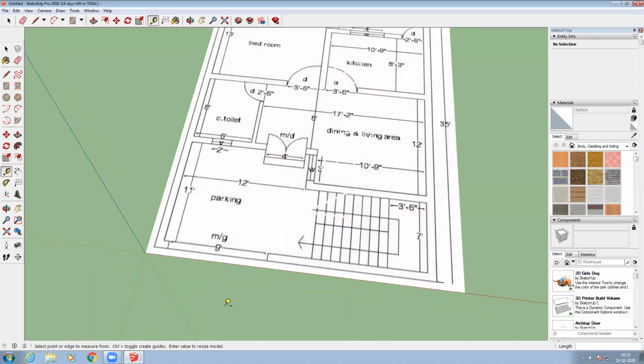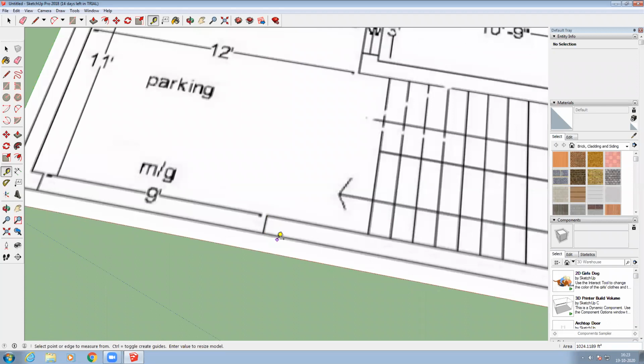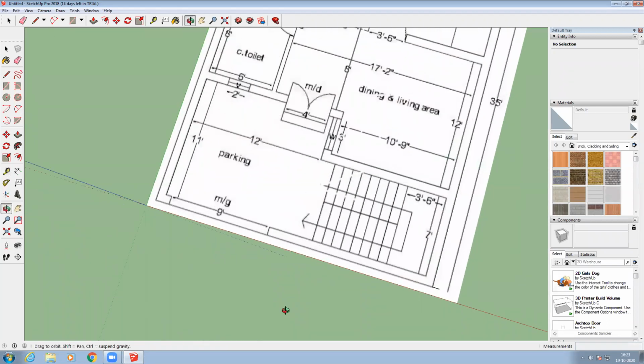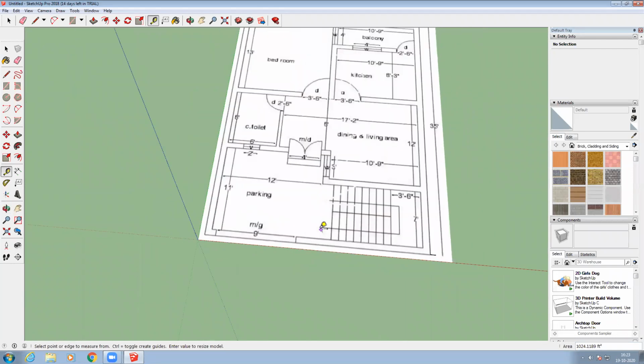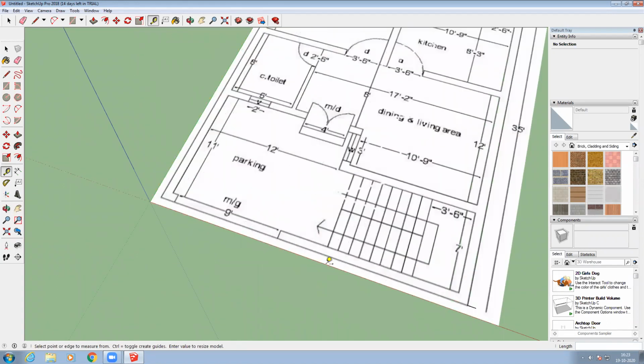So for the wall you will be knowing the points wherever they are, right? You are knowing the points, so you can use the line command and you can draw the line, or you can draw the wall, right? So I am going to do that now. I had converted the whole diagram into the scale, and now I want a wall thickness. I want to draw the wall, and I want to push the wall to whatever height I need, right?